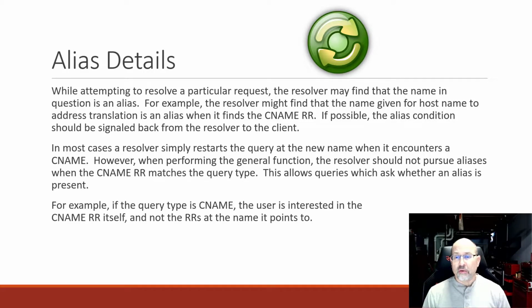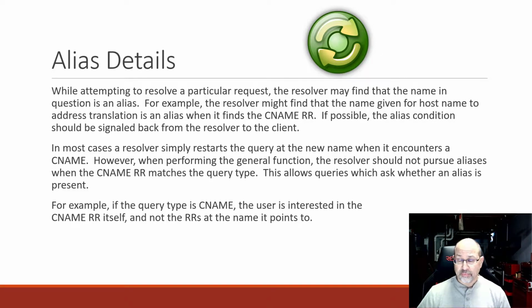When performing the general function, the resolver should not pursue aliases when the CNAME RR matches the query type. So if you were actually looking that thing up as an alias, there's no reason to redo that. So it depends on what you're actually after, right? If you just wanted to find the actual CNAME record, if that was the actual query, then you'll just get the information back. But if you were actually after what it actually points to, then it might result in an